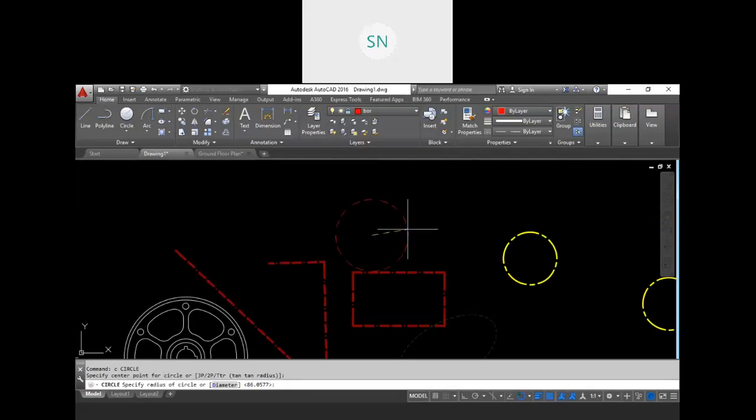See, initially it is in full color. But as I click over here, when I finish my circle command, it is going to lock at that position. You cannot move it. You can create, but you cannot move. You cannot trim it, you cannot extend it, nothing will happen when your layer is in lock condition.